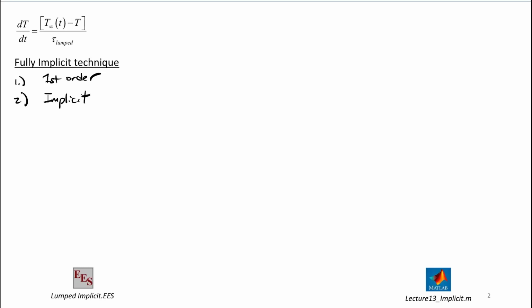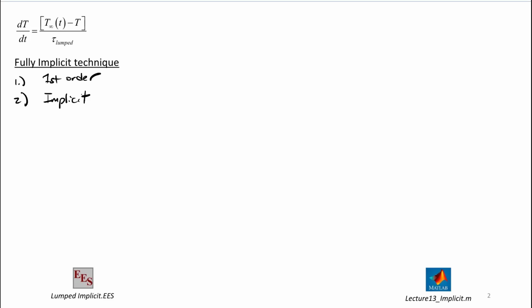Okay, so what does this mean when we're actually evaluating? What does it mean to be implicit? Well, implicit is saying that now, instead of dT/dt, temperature over time, being a function of what's happening right now, at this current moment in time, it's actually a function of what's happening across the time step. And specifically for the implicit method, dT/dt is predicted using the slope at the end of the